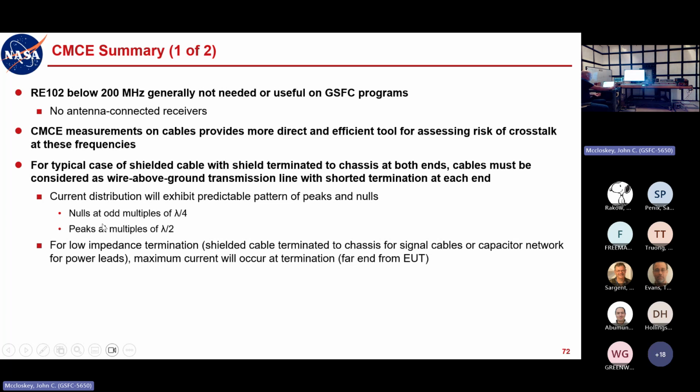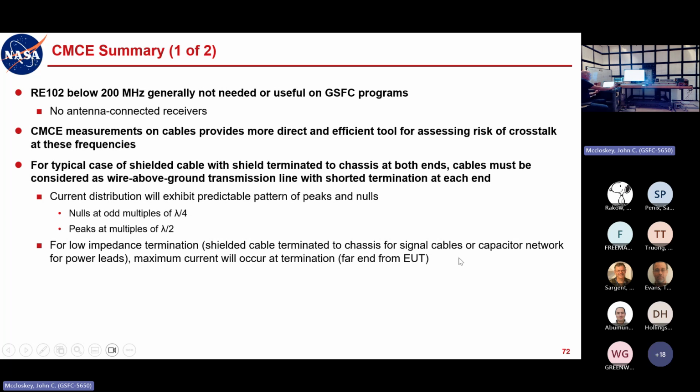For a shorted termination, the nulls will be at odd multiples of a quarter wavelength. The peaks will be at multiples of a half wavelength. If it's an open termination, it will basically be the opposite. Yeah, for low impedance termination, so shield